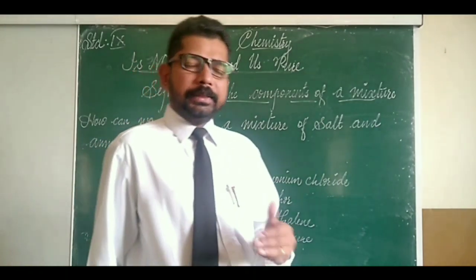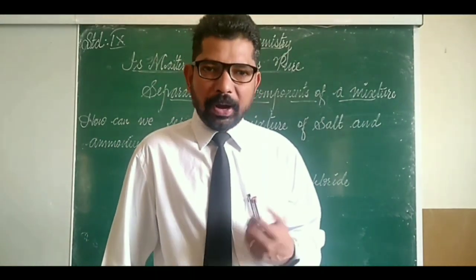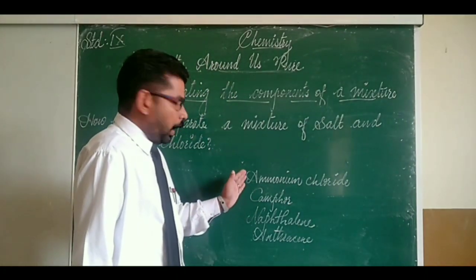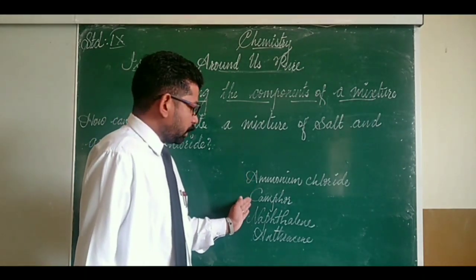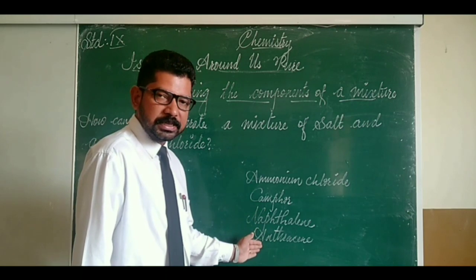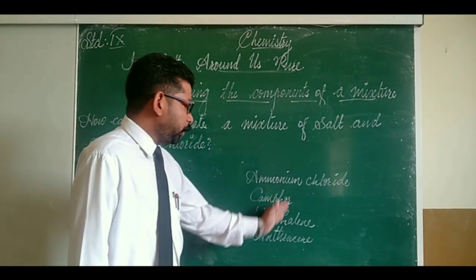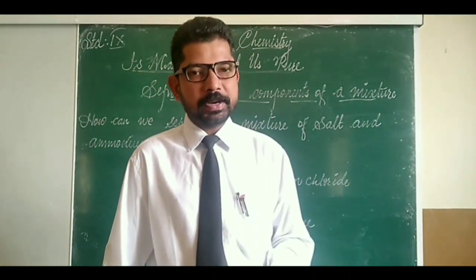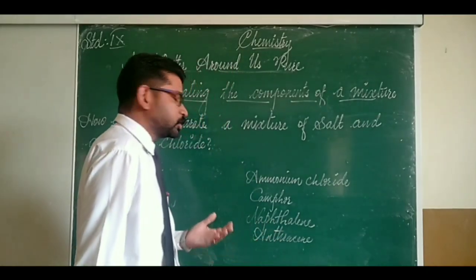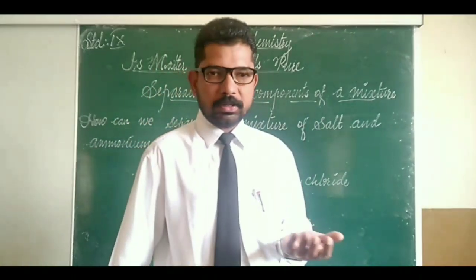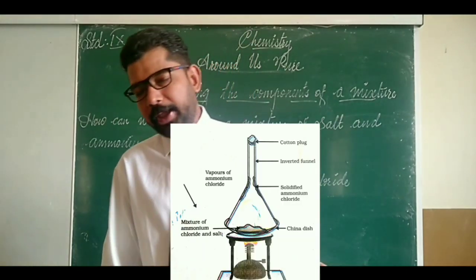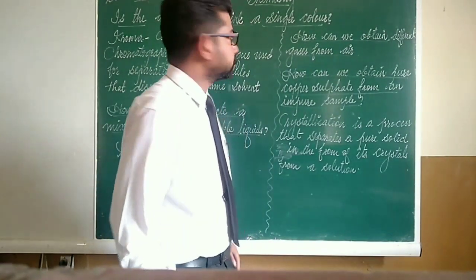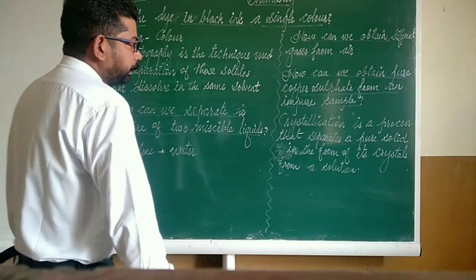Not only ammonium chloride, there are some more sublimable substances. We already learned them in the first lesson. We can memorize them once again: ammonium chloride, camphor, naphthalene and resin. So if any of these components are in a mixture, we can separate them by a process called sublimation. It can be asked as a question: how can we separate the mixture of naphthalene and common salt? The answer is clear, we can separate it by sublimation. Our next topic is: is the dye in black ink a single color?